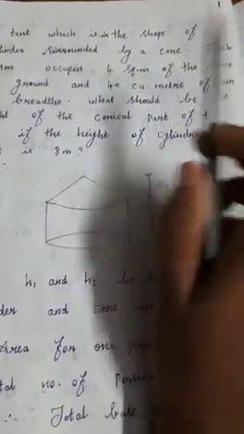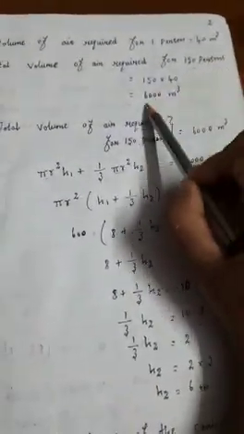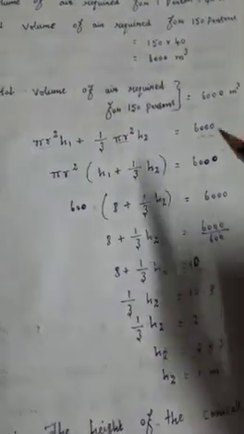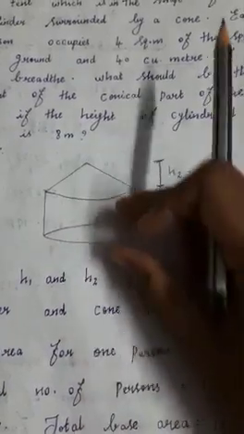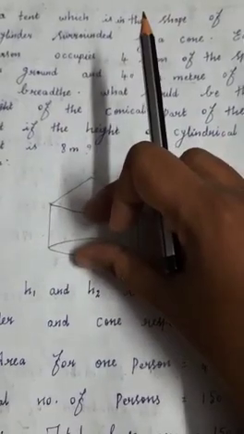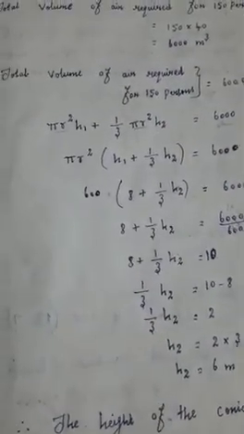Next, for one person they have given the volume needed, that is 40 cubic meter. Totally how many persons? 150. So for the total volume, you have to multiply. Now we know the total volume. Using this volume we are going to find the height of the cone. This volume is the volume of the combined solid. How can we find this? We only have to add the individual solids separately. So the volume of the cylinder plus the volume of the cone, both added, is 6000 meter cube. You have to apply that formula, then you will get the answer, the height of the cone. Okay, thank you.